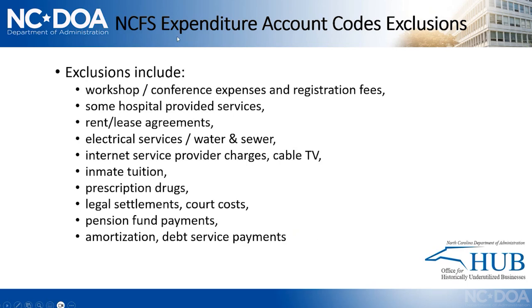So here are some things that we do not count. These are expenditure codes that we exclude from our total, so you don't add these to the total. If you've got workshop or conference expenses or registration fees, we don't count that, because typically it's just one organization, and they don't put it out for bid for who's going to do that workshop. Some hospital provided services, rent or lease agreements on your buildings, electrical services, water and sewer, internet service provider charges or cable TV, inmate tuition, prescription drugs, legal settlements or court costs, pension fund payments,